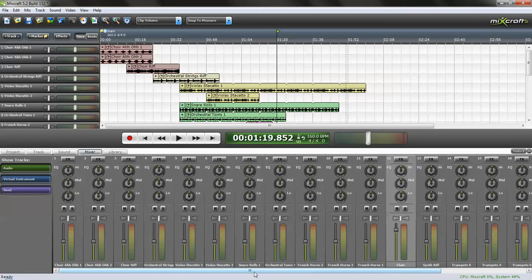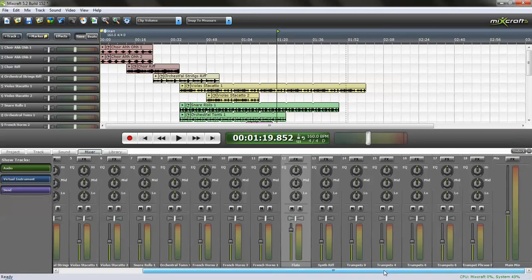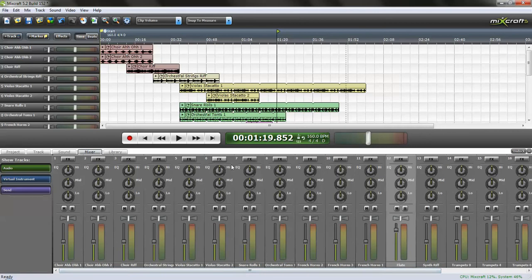So you can see all my tracks are there. I've got 18 so far. At the very end I've got my mix. So this is the volume for all of it, and I can put an effect on the whole song if I wanted to. Generally you don't, especially if you have a whole bunch of tracks. So what I'm going to do is just go back to the beginning here,